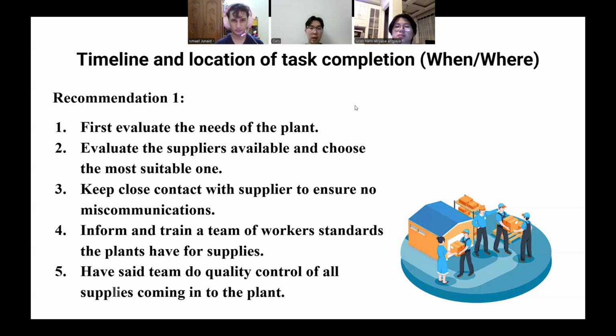Next, we'll be talking about the timeline and the location of the task completion. For the first recommendation, we would first evaluate the needs of the plant. Second, evaluate all the available suppliers and choose the most suitable one. Third, keep close contact with those suppliers and ensure no miscommunication. Fourth, inform and train a team of workers based on the standards of the plan that they have for the supplies. Number five, we would have the same team doing quality control on all the supplies coming into the plant. Next,